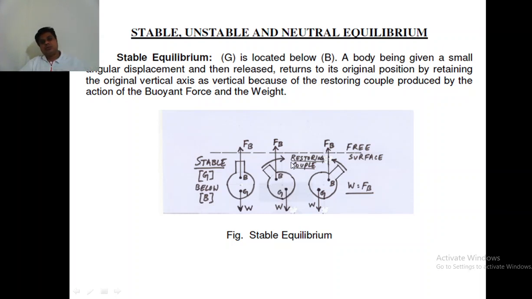This couple is called the restoring couple. Similarly, when you try to move the object or make it imbalanced in the clockwise direction, twisting the object to the right hand side, B will come this side and G will be on this side. Again they are not in the same line, and once again a couple is formed. Because of these two forces, this couple tries to bring the object back to the straight line, to the original equilibrium condition. Again, this is the restoring couple.